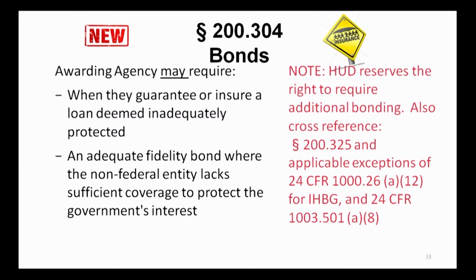304, a new section also, bonding. So again, it just makes it clear that the agency has the authority when they guarantee or insure a loan. If they think it's inadequately protected, they have the ability to require additional bonding. Fidelity bonds that have to do with fraudulent acts or dishonest acts of employees, they may require that. So what we're saying here, HUD reserves the right to require additional bonding, but also